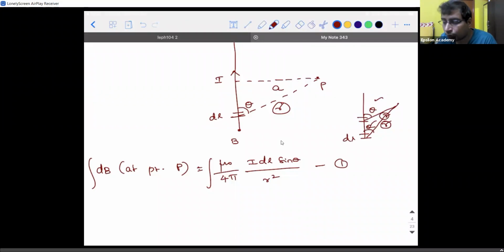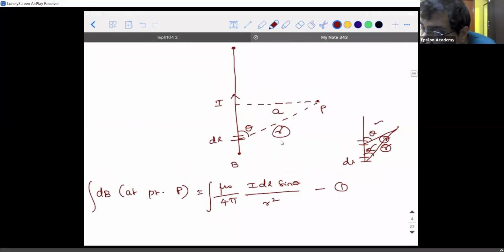Now, with this step, physics is over. Nothing else, because physics told only one statement, that is the Biot-Savart law. Its duty is over. Now we need to bring in mathematics to solve this equation and convert everything into a function of one variable, and then we will integrate it with the proper limits. This is the trickiest part of this derivation. So I'm repeating, I want everybody to pay 100% attention. Listen to this carefully. If I take this angle as phi, what is the relation between theta and phi?